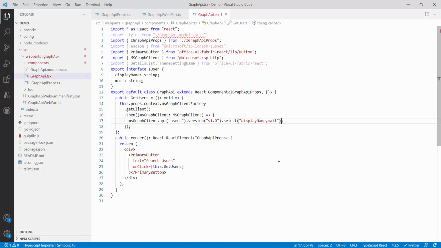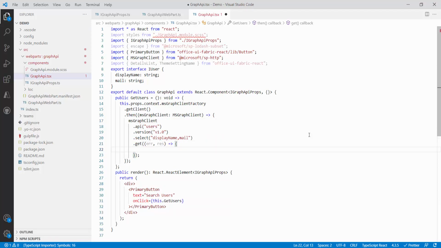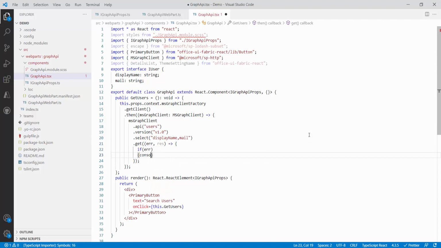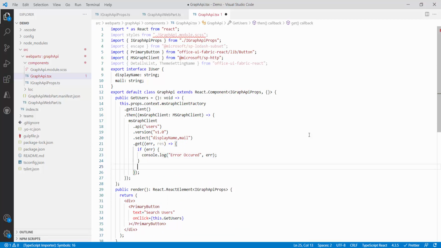After this, what I have to do, dot select dot get. So this will get me all the users. Okay, and what it will do, get method, you can see callback, graph, request, callback. So it will give you the response and the error. So just pass error comma response for the response. These two are the keywords, and inside that let me save. And now inside this, if there is any error, I will say console.log, error occurred, and we will pass the error. Fine, this is done. And if I got the response, I will work with the response now.